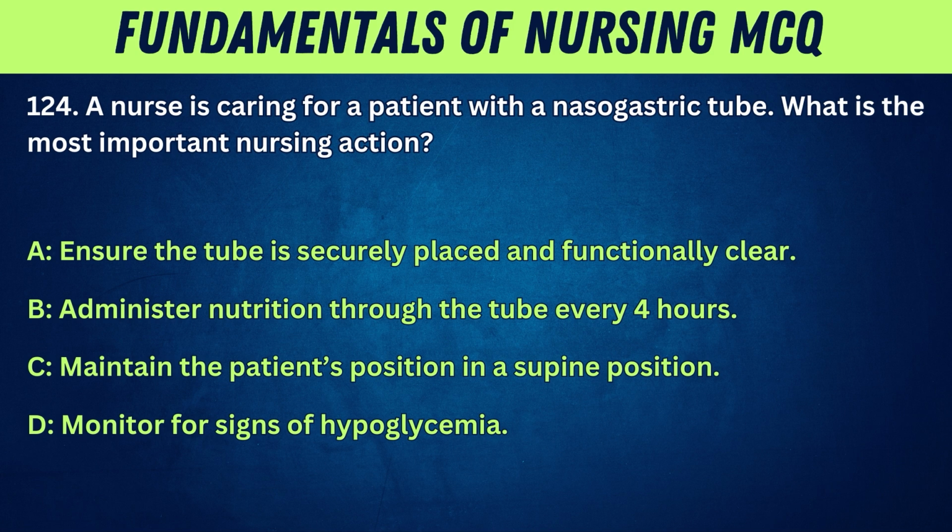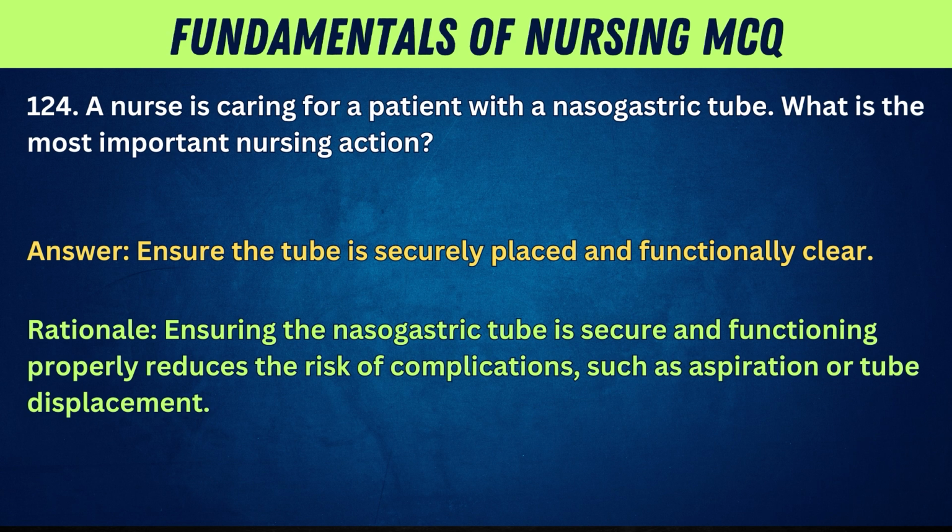124. A nurse is caring for a patient with a nasogastric tube. What is the most important nursing action? A. Ensure the tube is securely placed and functionally clear. B. Administer nutrition through the tube every 4 hours. C. Maintain the patient in a supine position. D. Monitor for signs of hypoglycemia. Answer: Ensure the tube is securely placed and functionally clear. Rationale: Ensuring the nasogastric tube is secure and functioning properly reduces the risk of complications, such as aspiration or tube